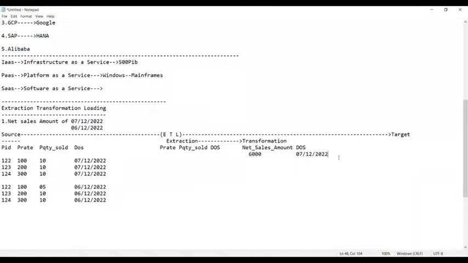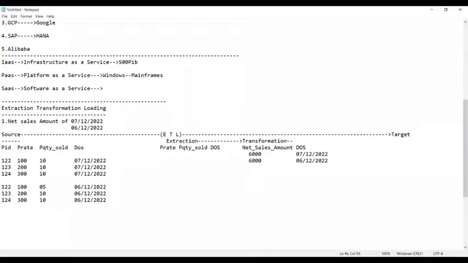And what about the next one? Tell me, what is the next day you have? The previous day is the 6th day. Can you see here? We have the 6th day also the same. So now, out of these 6 lines of data, how many lines of data have you extracted here? Guys, 2 lines of data, where this is the actual process of transformation.